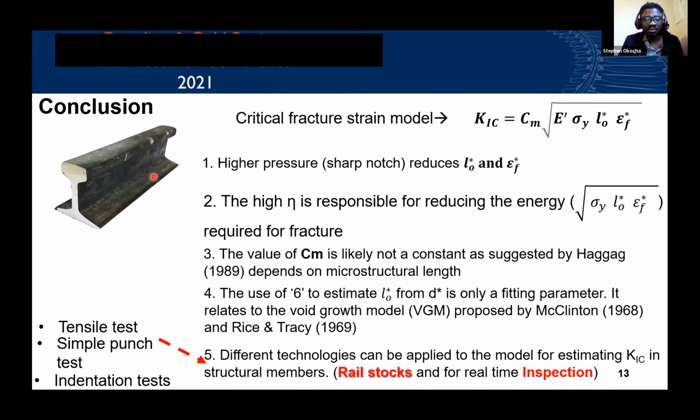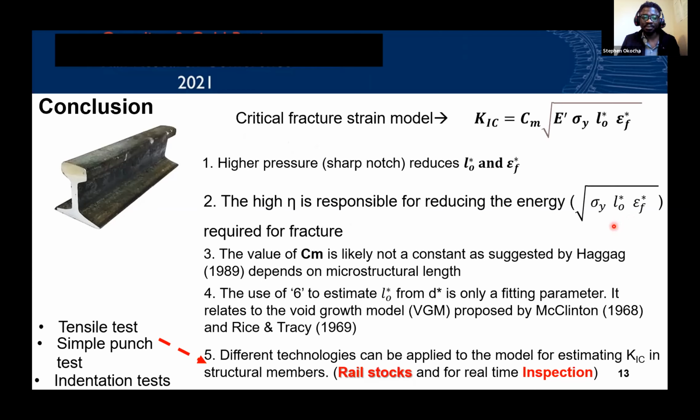So just to conclude all this we've done, something we found out is that because of the sharp notch tip, which produces very high pressure, or some can call it high stress triaxialities, they actually reduce the characteristic distance and also the fracture strain. And then that same high pressure is responsible for reducing the overall energy that is required for fracture. And so that's why in cold periods of very sharp notches or materials like that, we have lower